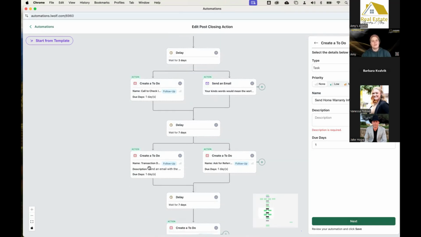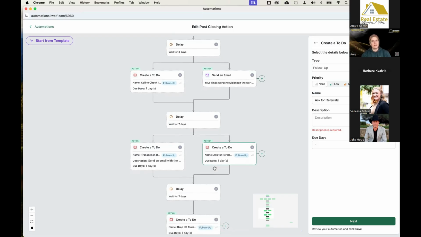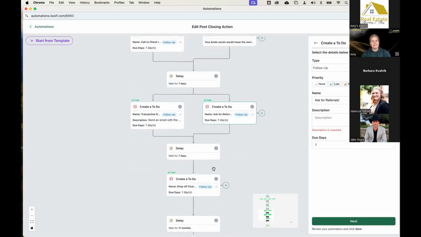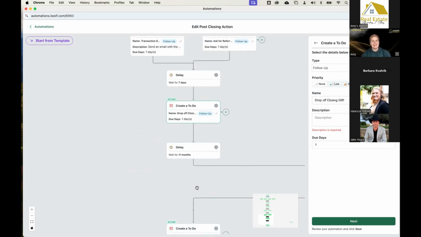And then it's going to create a to-do list to send them an email with all the documents from their transaction. I'm about a week and a half, two weeks out of closing. And it's also going to prompt me to ask for referrals, to do a follow-up. Then it's going to delay 7 days, and then it's going to say, hey, now it's time to drop off that closing gift. We're about three weeks out. And then it's going to delay 11 months